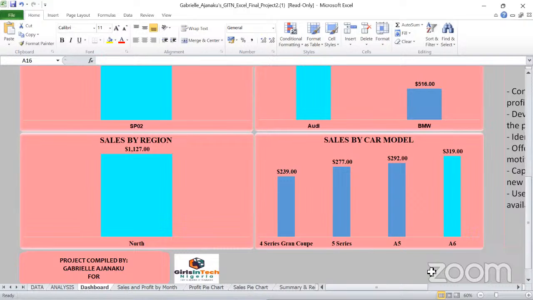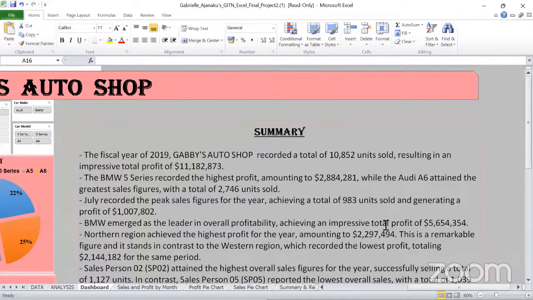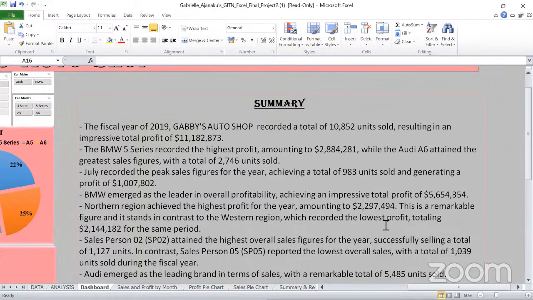So moving on to my summary and recommendation. In the fiscal year of 2019, Gabriel's Auto Shop made a record total of 10,820 units sold, which resulted in an impressive total profit of $11,182,873. Our BMW 5 Series recorded the highest profit, which amounted to $2,884,291. While the Audi A6